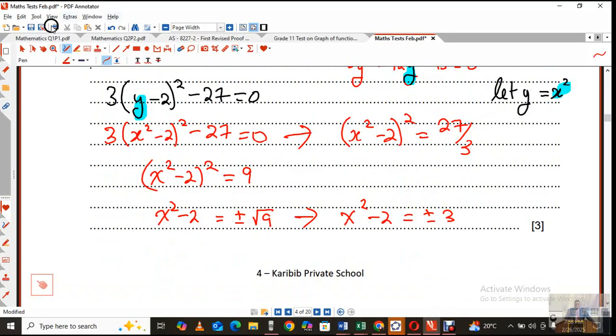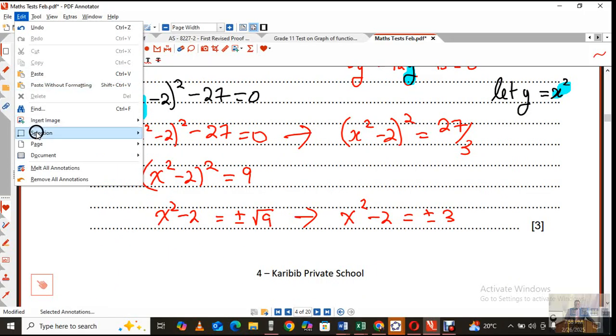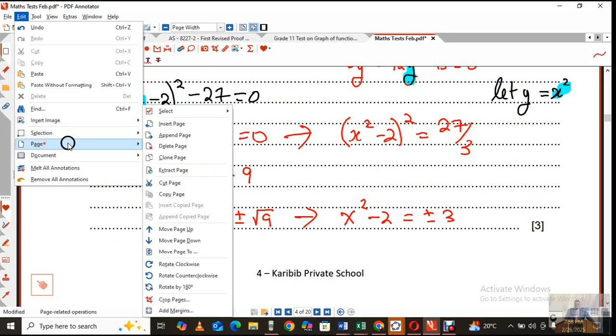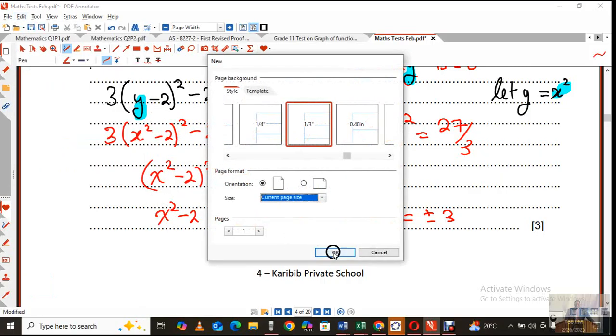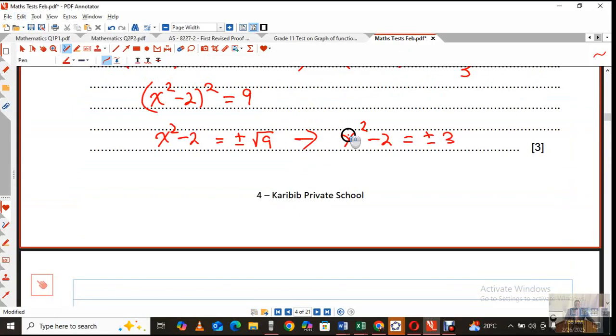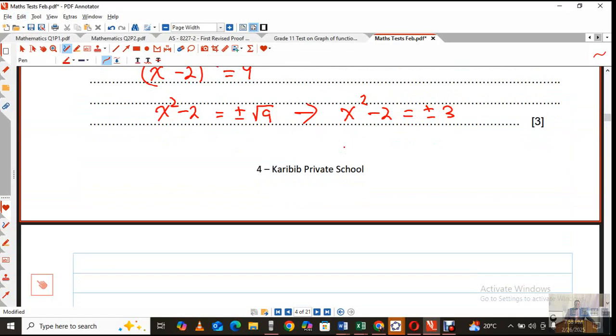So perhaps, because I'm running out of space, I'll just insert a page in here. I'll append the page so that we can work our way from there. Okay, all right. So where I am now is I have x squared is equal to plus or minus 3 plus that 2, if you take that 2 over. So that's going to give me x squared is equal to 3 plus 2, or x squared is equal to negative 3